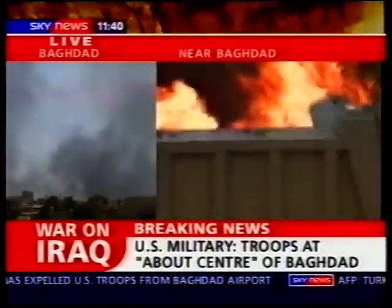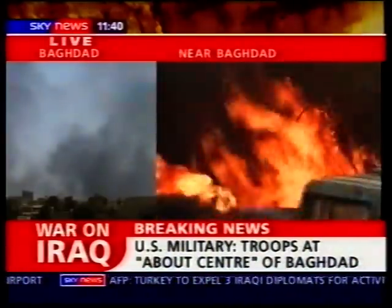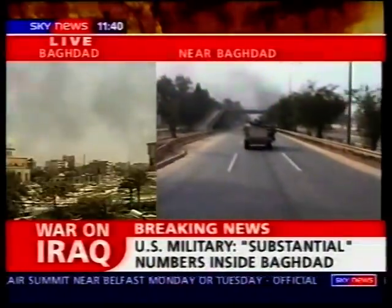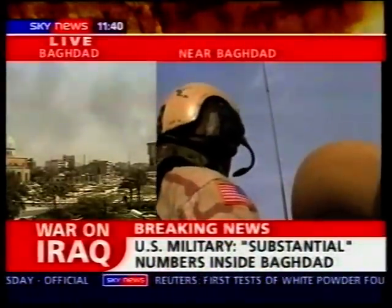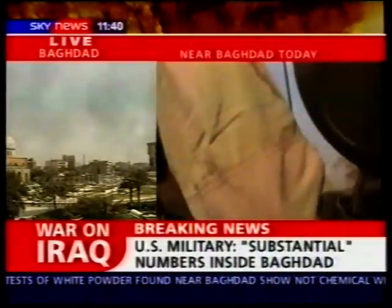I don't think they'll do an awful lot of damage, and indeed they will very soon begin to see that if some car is coming towards them at speed, it will get hit with machine gun fire at the best. Just looking at the pictures here and trying to make a comparison with a relatively detailed Baghdad map, we think that this area here is in the suburb of Darwa, south outskirts, and that they're still on Highway 8 heading north,